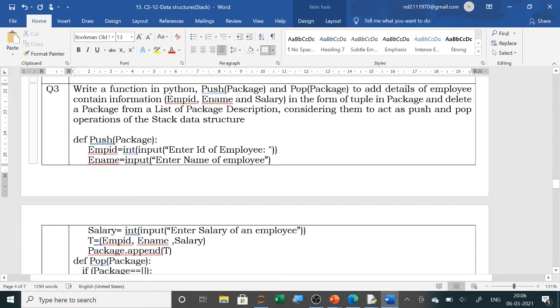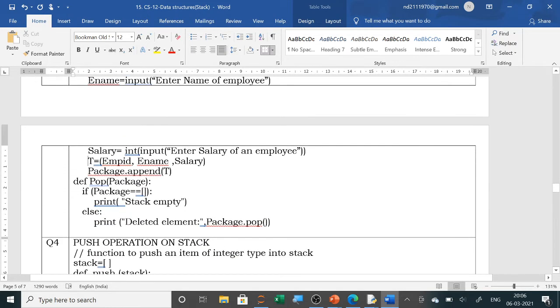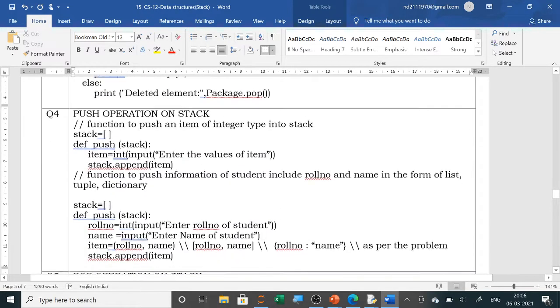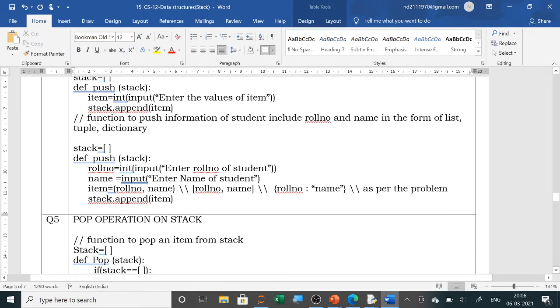अगर क्वेश्चन पेपर में कुछ भी नहीं लिखा रहेगा तो आप लिस्ट भी क्रिएट करके डाल सकते हैं। तो यहाँ पे आपको अगर टपल क्रिएट करना है तो राउंड ब्रैकेट में डालना पड़ेगा, और अगर लिस्ट क्रिएट करना है तो फिर आपको स्क्वायर ब्रैकेट में डालना पड़ेगा। बाकी पॉप का प्रोग्राम आपका सेम रहेगा, चाहे वो टपल हो चाहे वो लिस्ट हो। तो ये सारे क्वेश्चंस हैं। क्वेश्चंस को आप एक बार पॉज करके अच्छे से देख लीजिए, इसको लिख लीजिए